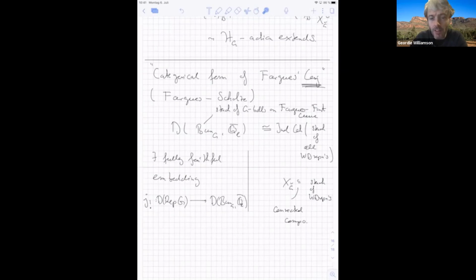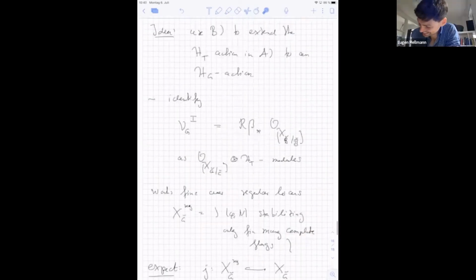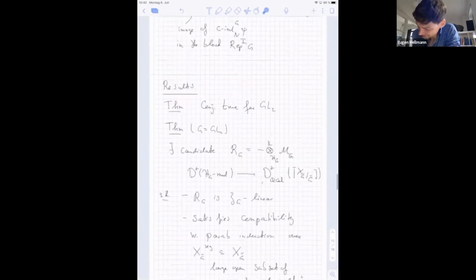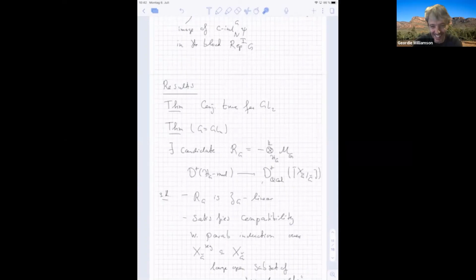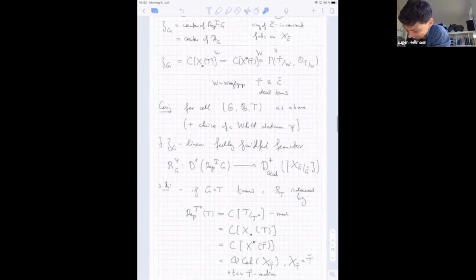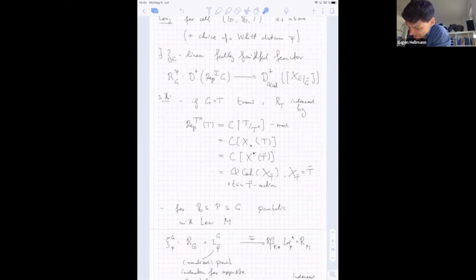One thing I was wondering is how to see, on the right-hand side, I can tensor by a G-check module. On this side? Yeah, before the fancy version, just in the, yeah, okay. Maybe in the fancy version, the answer is easier. Where's the conjecture? Here you can tensor by a G-check module. And right, I'll work out how to do it on the left-hand side.